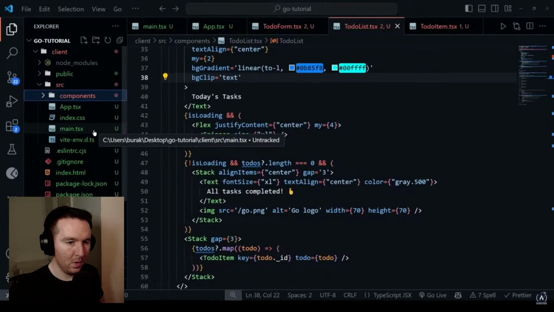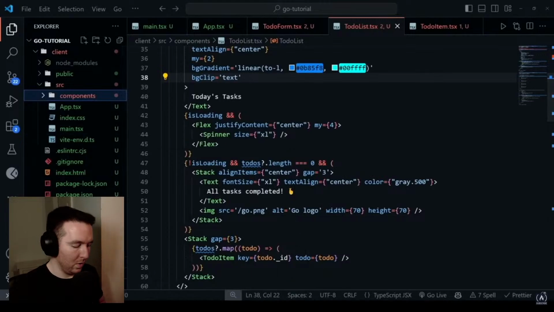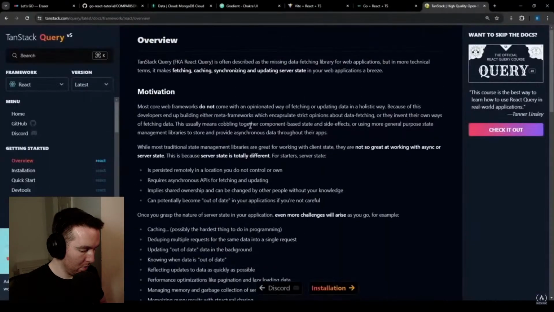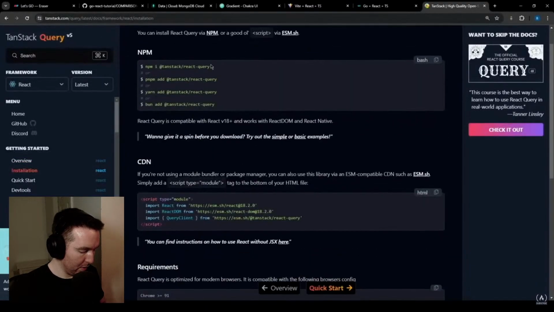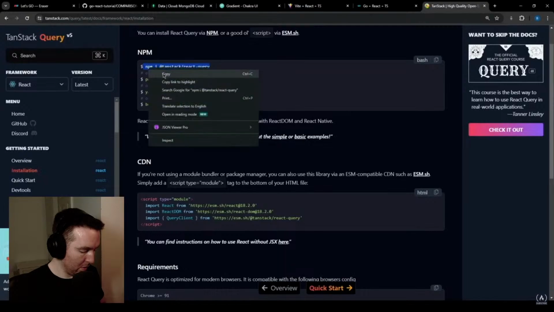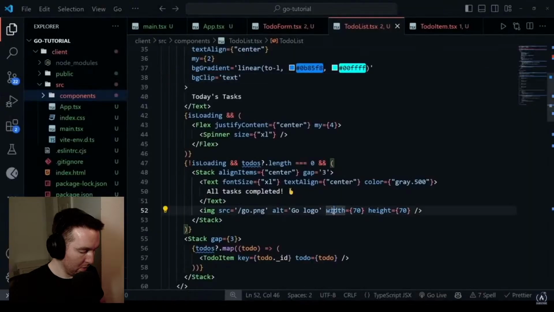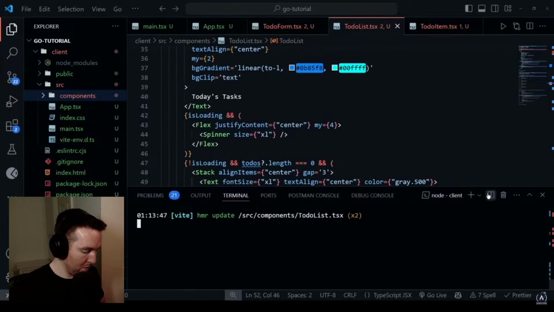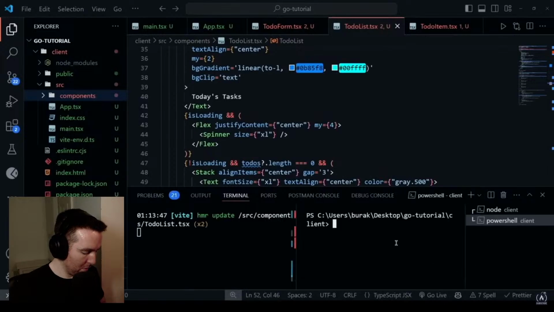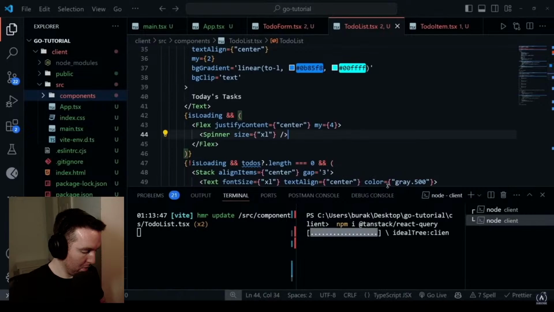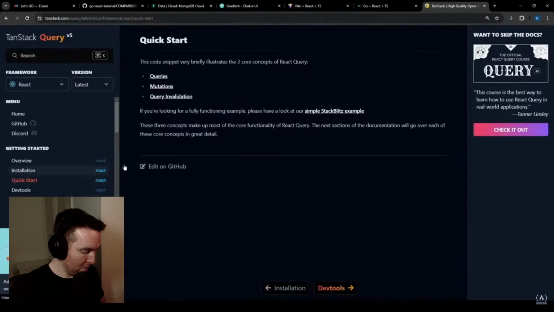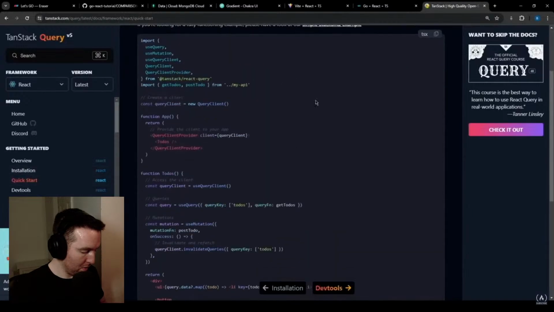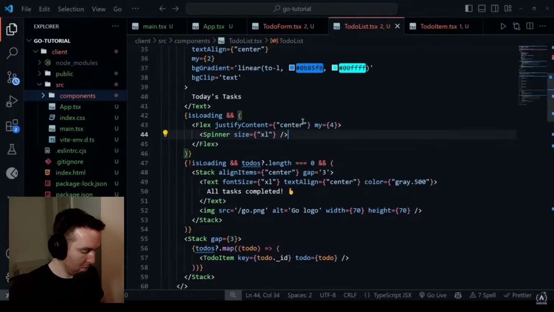So the very first thing that we would like to do is just install it. Let's take a look at the documentation. If we go into the installation, we should be able to see this command, right? I will copy it and paste it in my terminal and just make sure it is under the client. So I'll just paste that and install it. And while it installs in the background, let's go ahead into the quick start. You could take a look at how they set it up, or you could just trust me